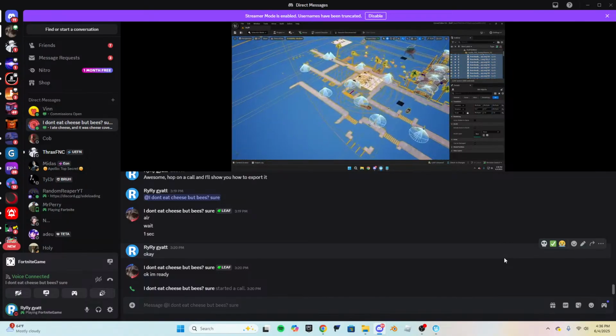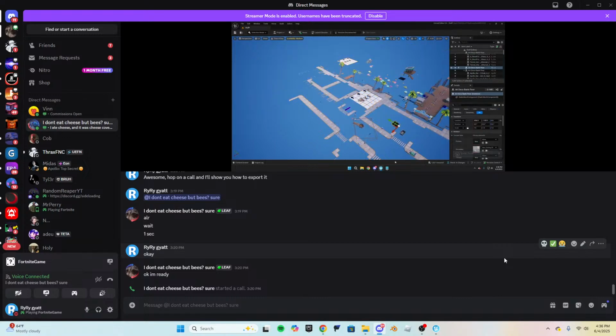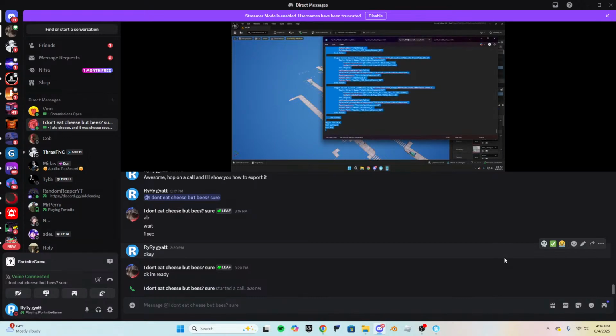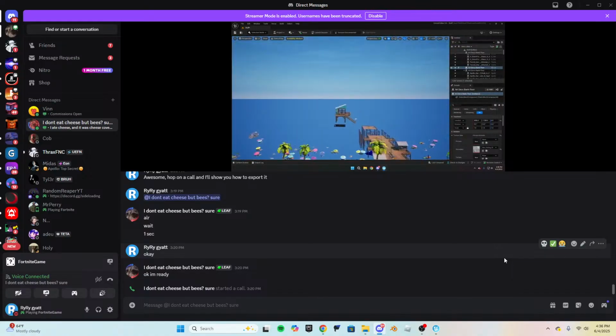You just spawned in the same thing. Just click delete. Okay. I think you opened it twice. Yeah, get rid of those. Then go back to your files and then get a new one.